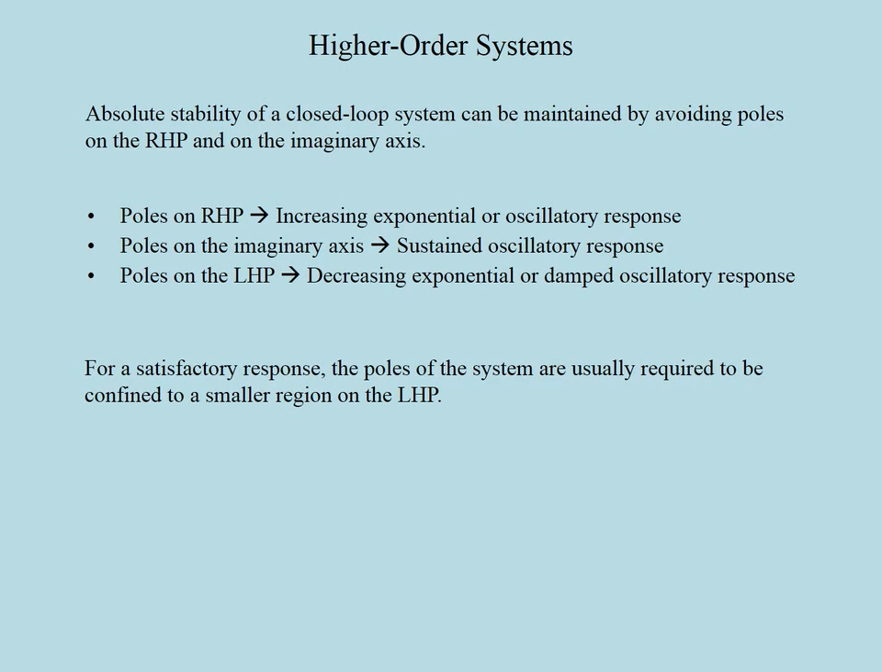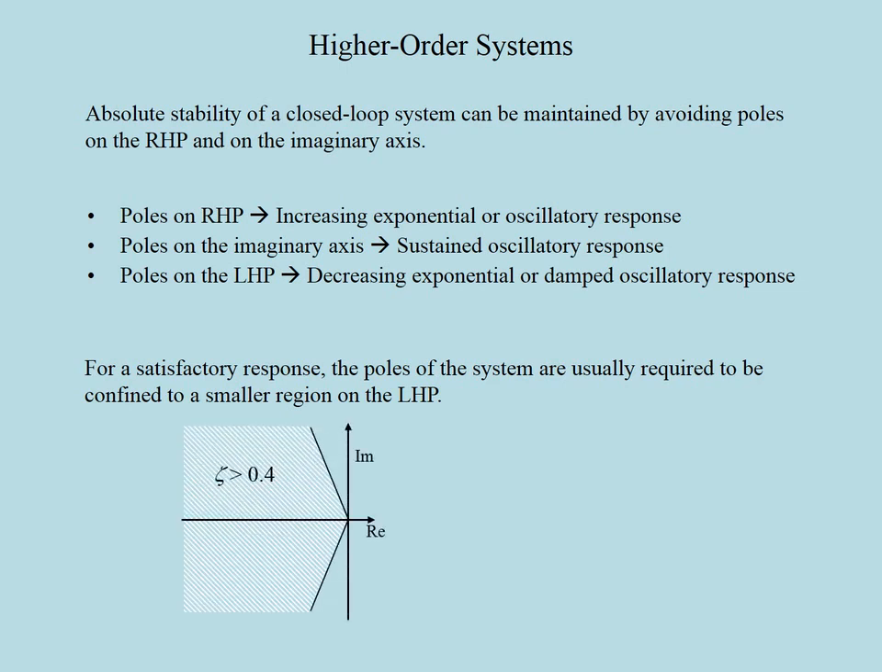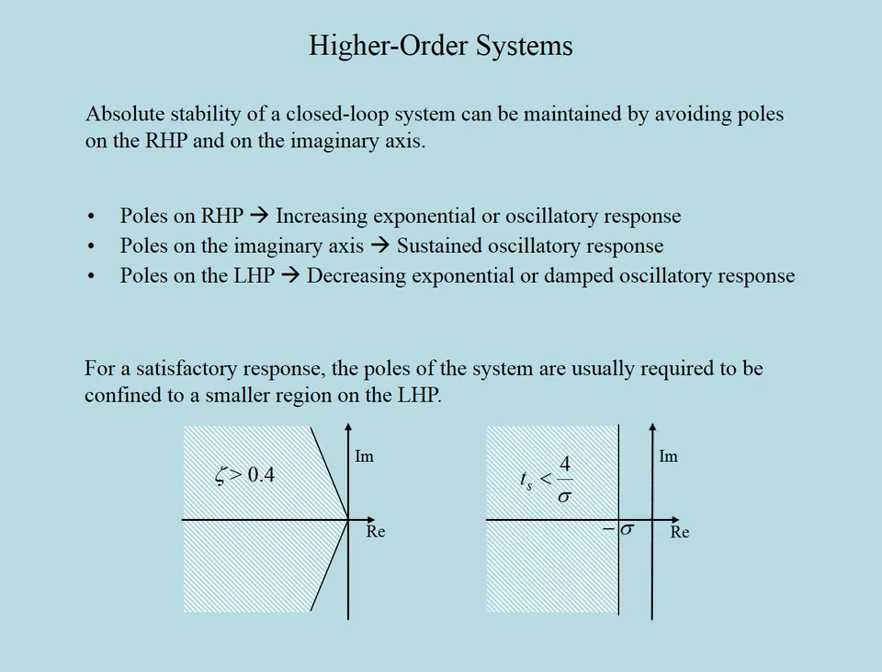For example, it is this region where we would like to have our poles if the damping ratio is required to be greater than 0.4, or the magnitude of the real part of the poles has to be larger than sigma if the settling time is required to be less than 4 over sigma. You can find out by yourself how the regions where one should place the poles look like for other types